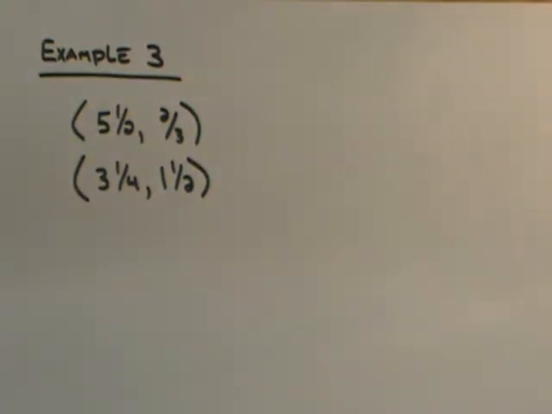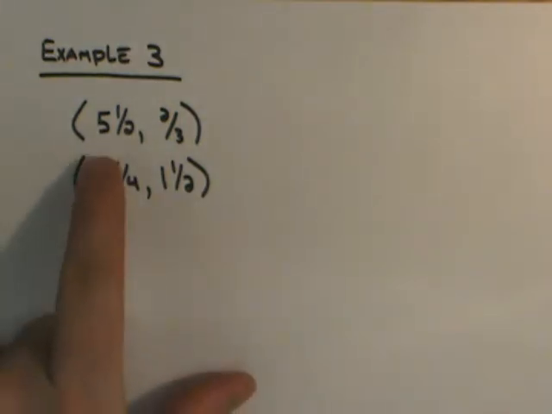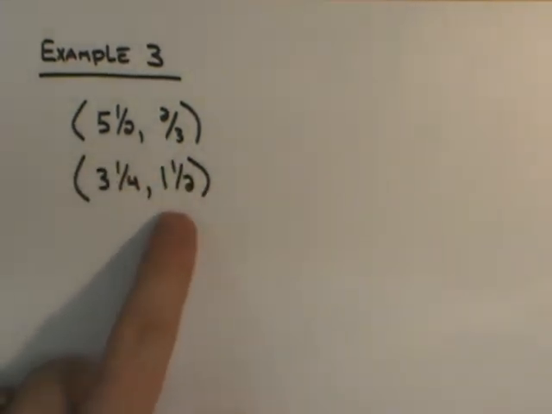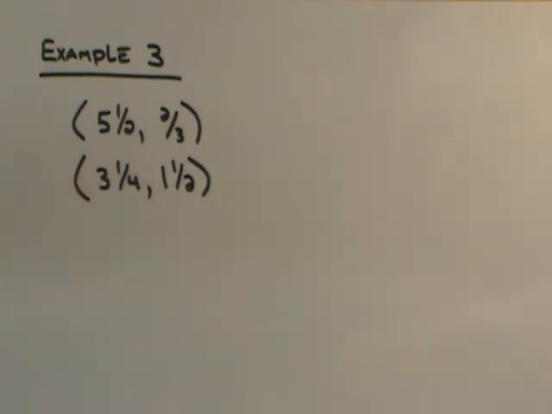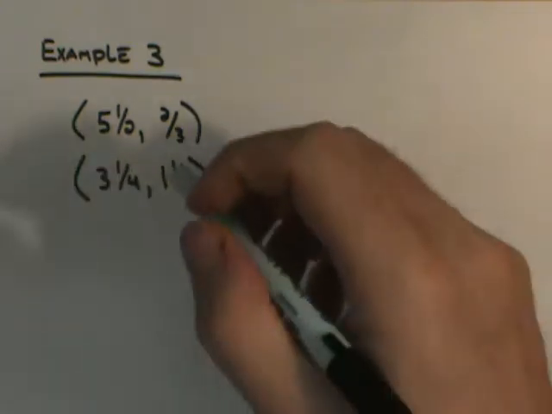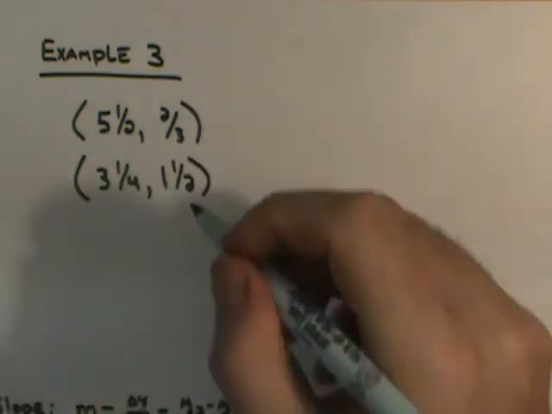Example 3 for writing slope-intercept form equations. The first thing that we notice here is the points are not lattice points. We get some mixed numbers in here, we get fractions in here. It's going to make our job a little bit more difficult with regard to finding delta y over delta x,